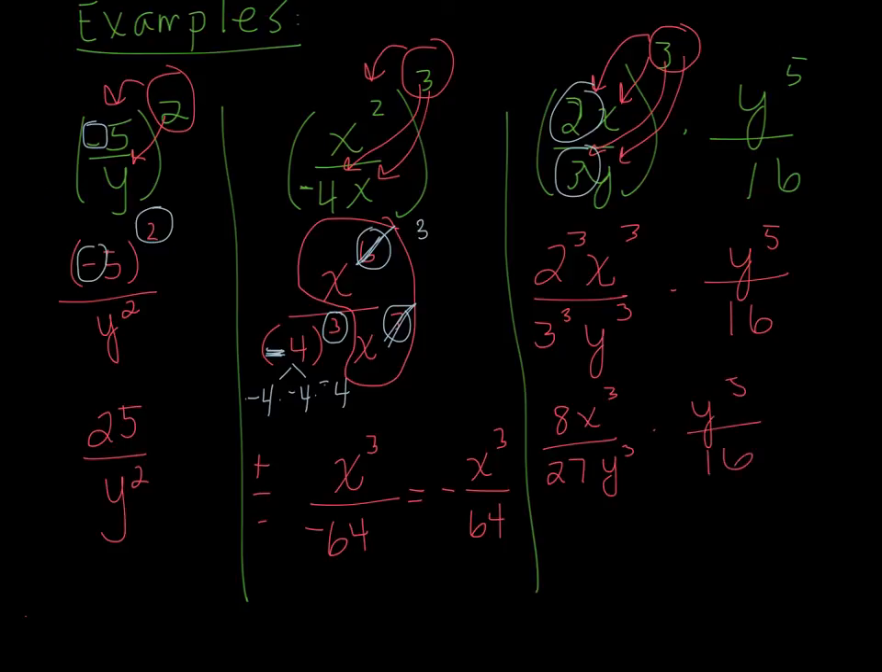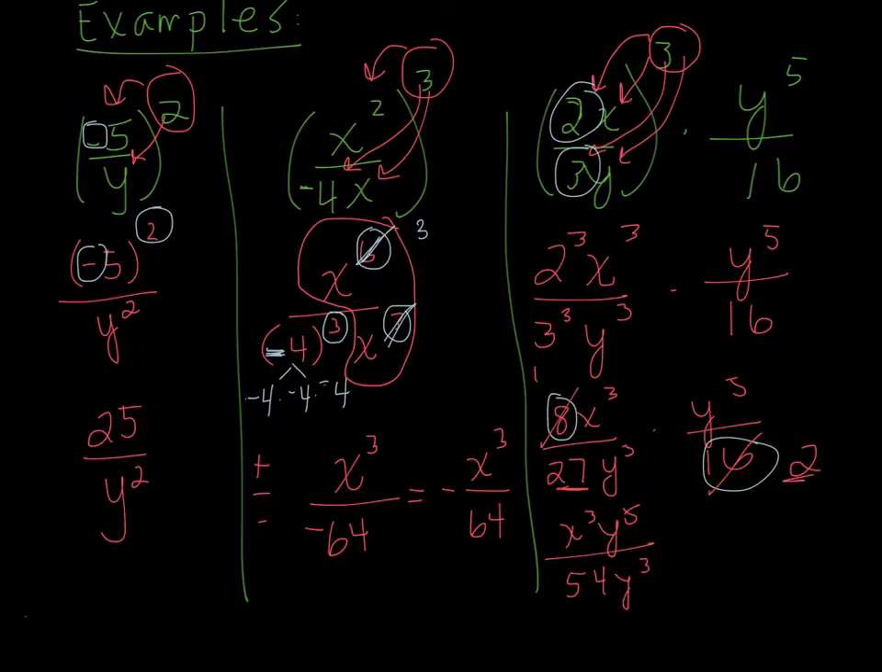To make it easier for yourself, look on the diagonals at the 2 numbers that there are. 8 and 16. They both have a common factor of 8. So since they're on diagonals, I'm going to cross cancel. 8 goes into 8 once. 8 goes into 16 twice. So those two numbers reduce. Since it's a fraction, I'm going to multiply straight across. 1x cubed times y to the fifth is x cubed, y to the fifth, over 27 times 2 is 54,